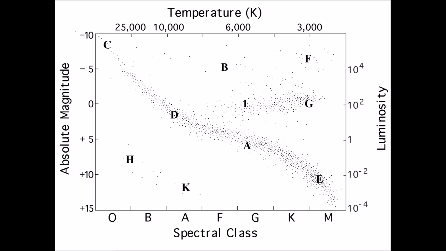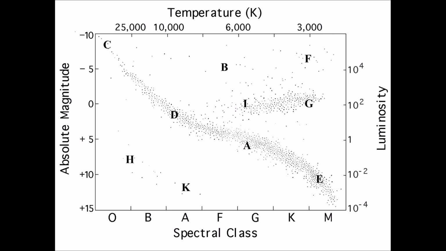All right, so I want to go through a series of questions to identify different objects on the HR diagram here. So let's go through these. What object would be the hottest? That object is C, because it's the furthest to the left. Now let's talk about which one is the coolest. It would be E. E is the furthest to the right.